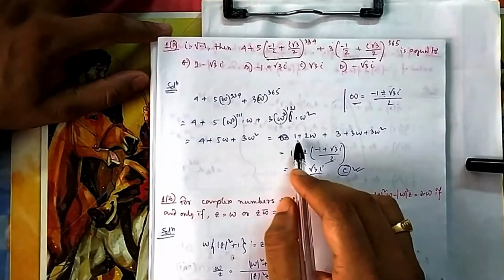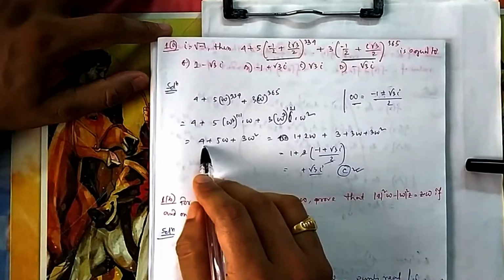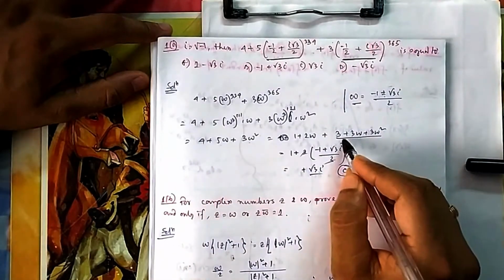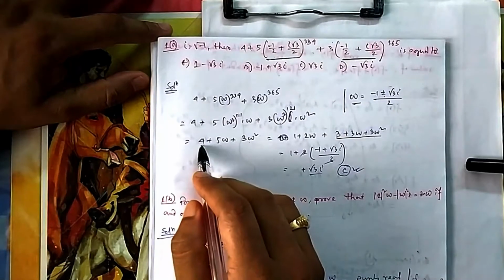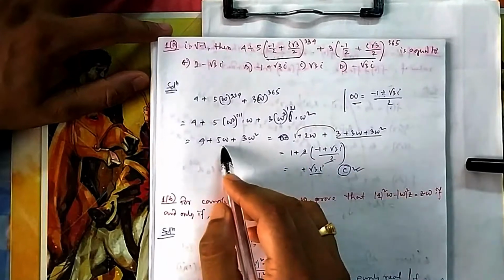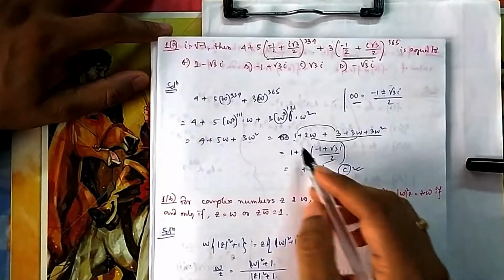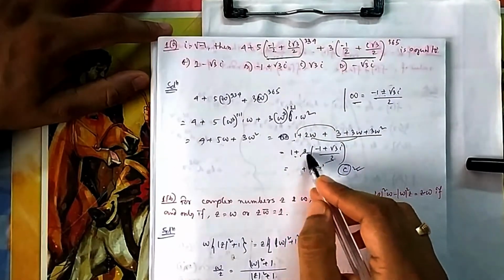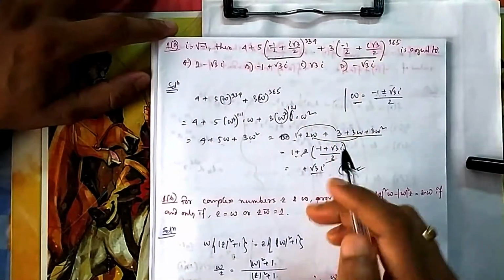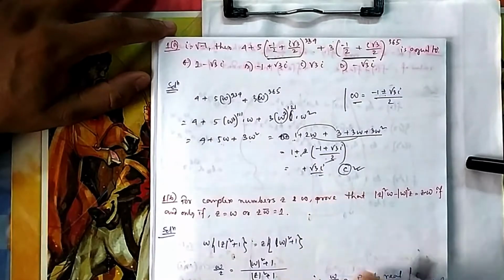Now this one you can write to make it 3 plus 3 omega plus 3 omega square, because that will be 0, we know, if I take 3 common. So I separated that one. So 1 is left here, that is 4 is separated, 5 is 2 plus 3. So it is nothing but 1 plus 2 omega. Now you can put the values, because then you need to answer it in a+ib format. So ultimately you will get root 3 i, that is your option C.